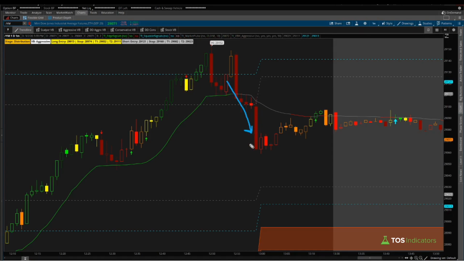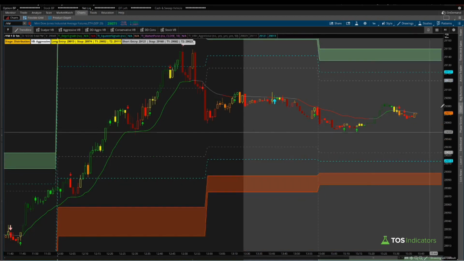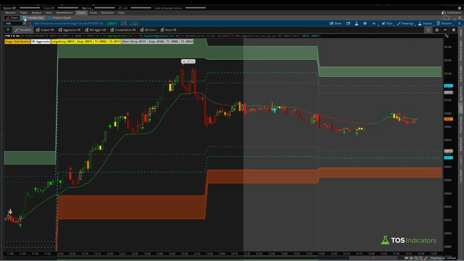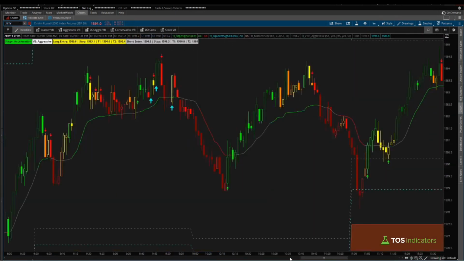And so that was a fairly nice trade on the Dow, but towards the end of the day, that's not really a point in which I'm looking to initiate a new position. Now switching over to the Russell here, coming right back to the beginning,